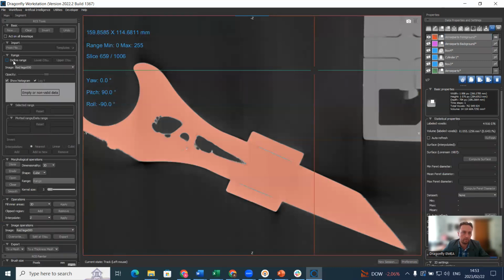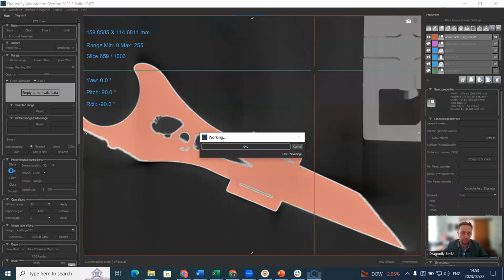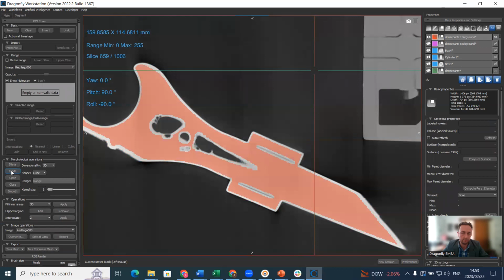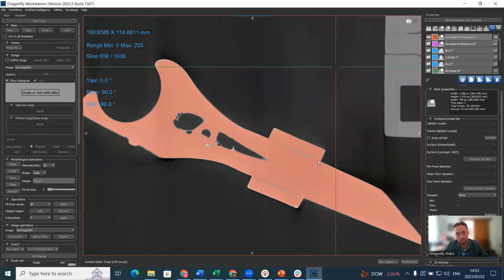The first thing I would try is doing an erode function and doing that 2 or 3 times. At some point you start to get some noise and you lose a lot of information like that. So maybe that's not the best way to do it. I would just dilate again. I mean, there's also different ways to do it. What I would do here,